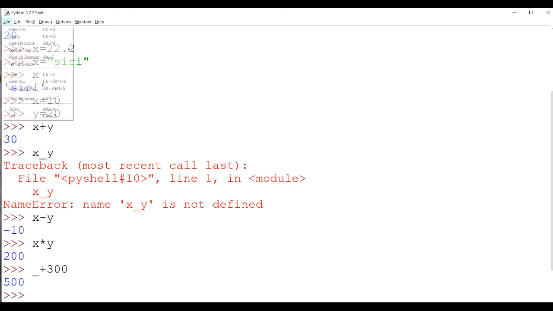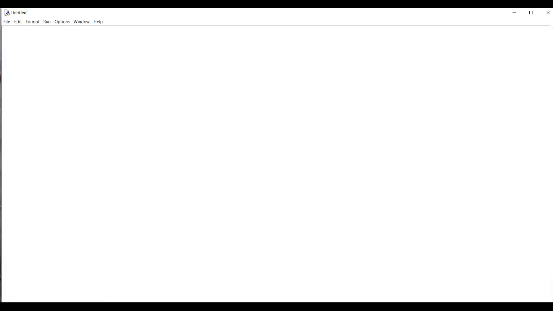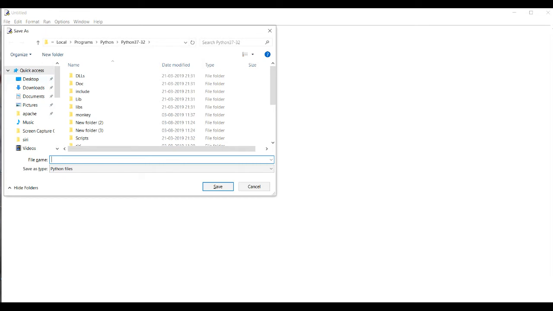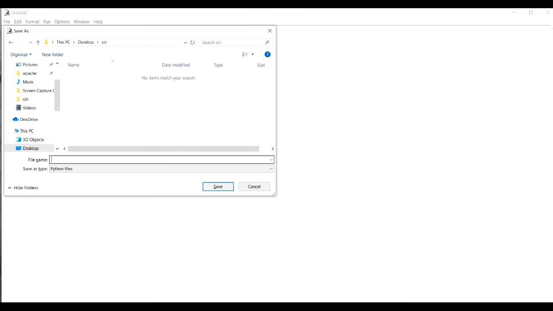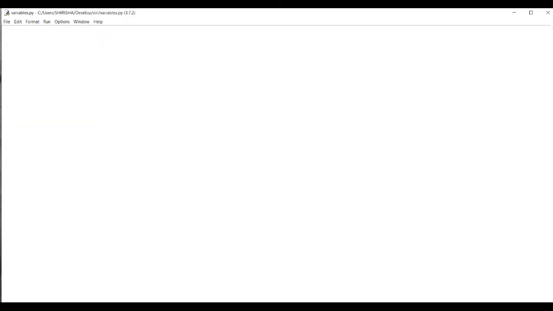Examples on variables. Go to files, new file, and save this file as Variables.py. Let us initialize some variables. Name is equal to Siri, roll number is equal to 589, age equal to 21. Let us print these values.